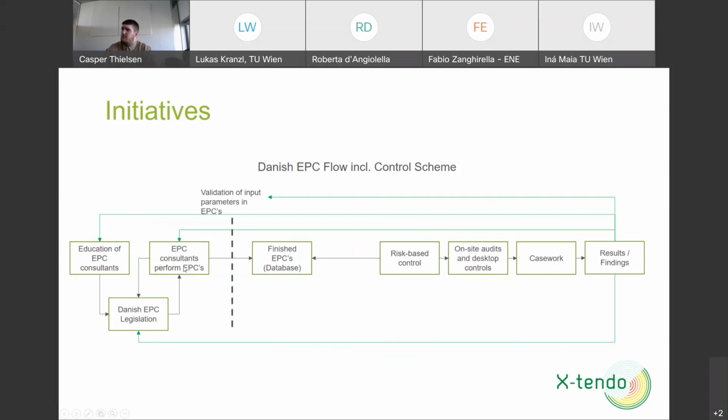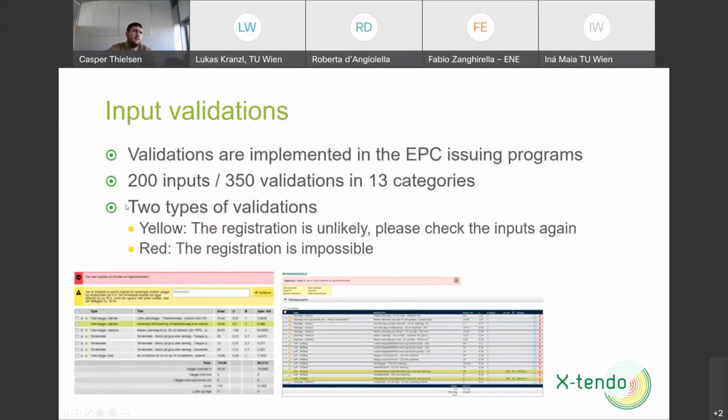But the most important and the most effective one is to make new validation based on our findings. So I have an example in a minute with a concrete example of how we implemented a validation based on our finding from this scheme and from this risk-based control. But first of all, I want to speak a little more about the input validations. So going through that, as I also mentioned, we have implemented the validations in the EPC issuing program,